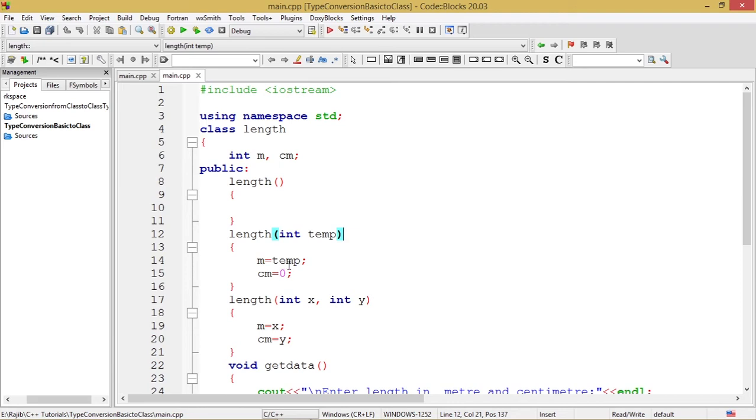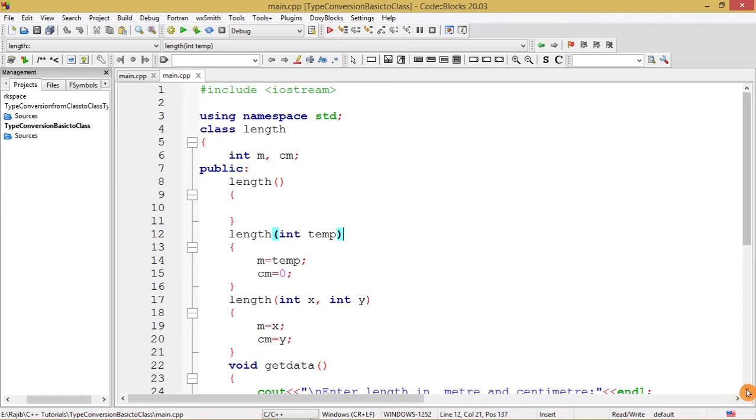So this constructor, when invoked, will always assign the value of temp to m and 0 to cm. The next constructor is a very common two-argument parameterized constructor which does the work in this way, assigning x to m and y to cm.